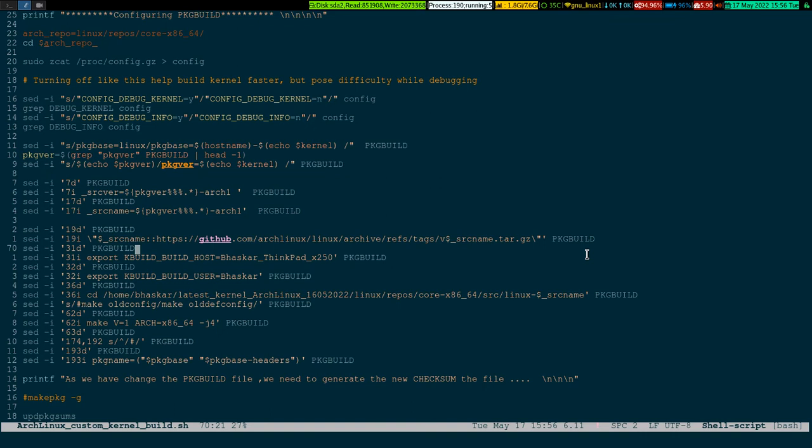The whole purpose of showing you this script is to let you see the internals of how ArchLinux provides a file to build the packaging mechanism for their distribution. In this case, I'm taking an example of building a custom Linux on ArchLinux. Clear? Okay. So you can see I ran a bunch of sed commands which will specifically change